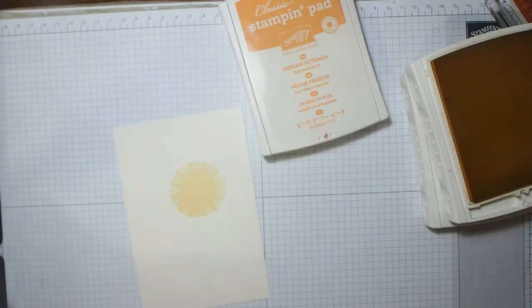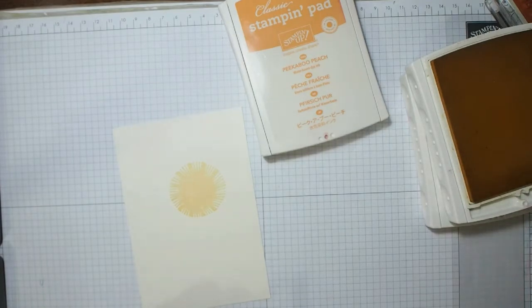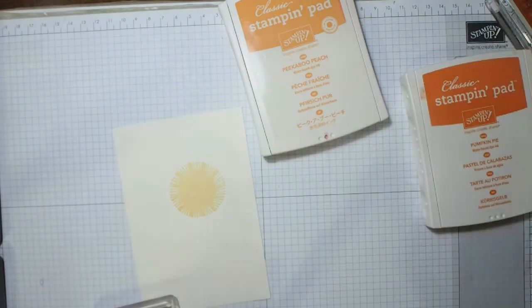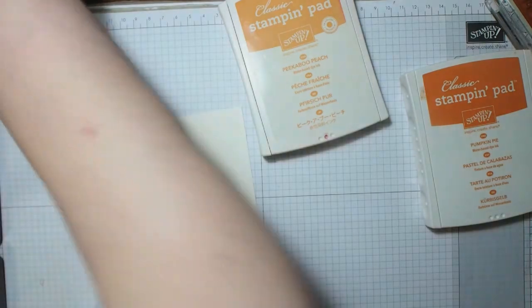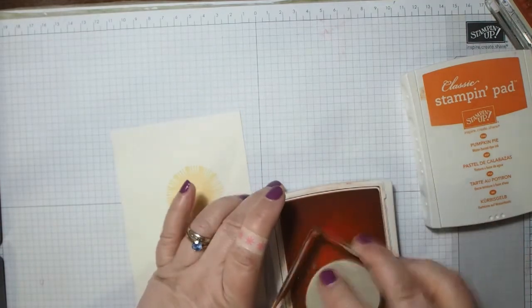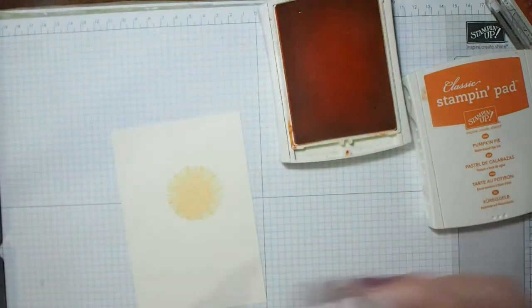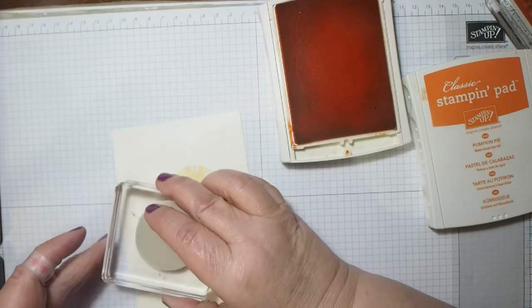After I've seen something, I'm not doing it exactly. The other lady didn't emboss on hers. She used gold die cuts. And this bit's for drying. So that's the So Saffron one done. The next one will be Peekaboo Peach. That's going to be...